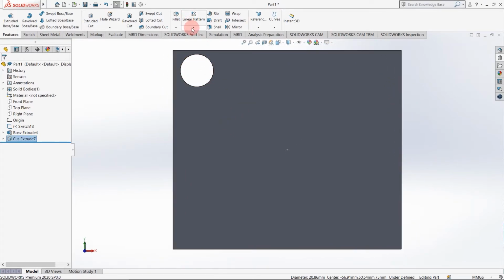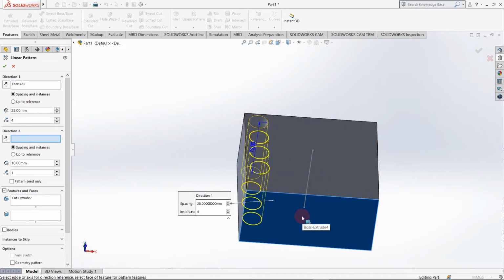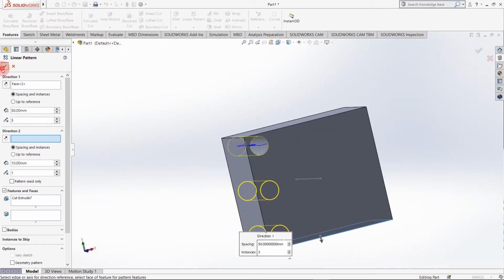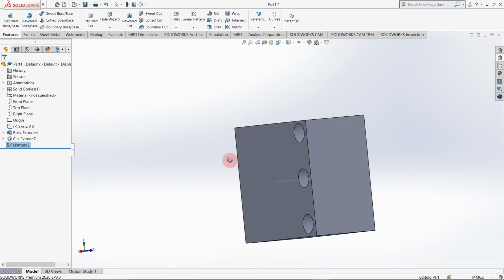So now I want a linear pattern of this hole. For direction I am clicking the bottom surface, distance between holes, say 50 mm, and I want only 3 holes. As you can see in preview, I am just clicking OK. The linear pattern of the hole is created.